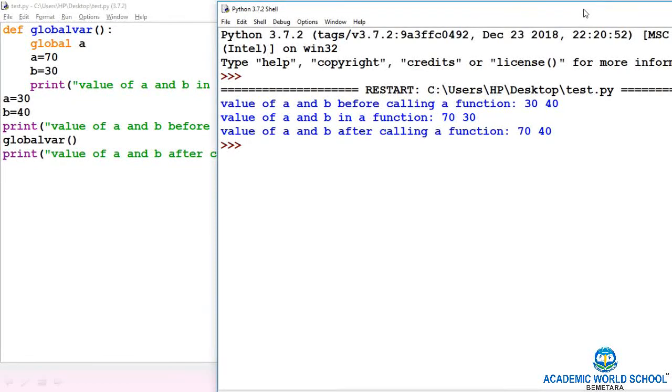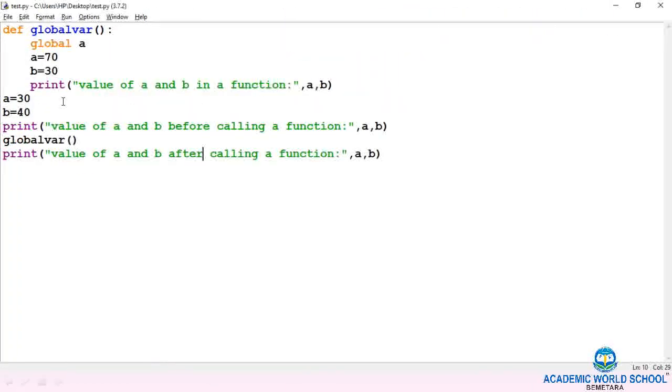So now it is clear. B is a local variable and A is a global variable.